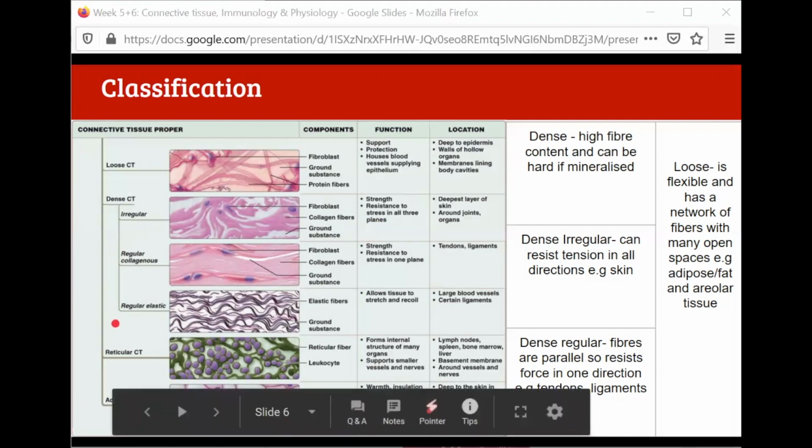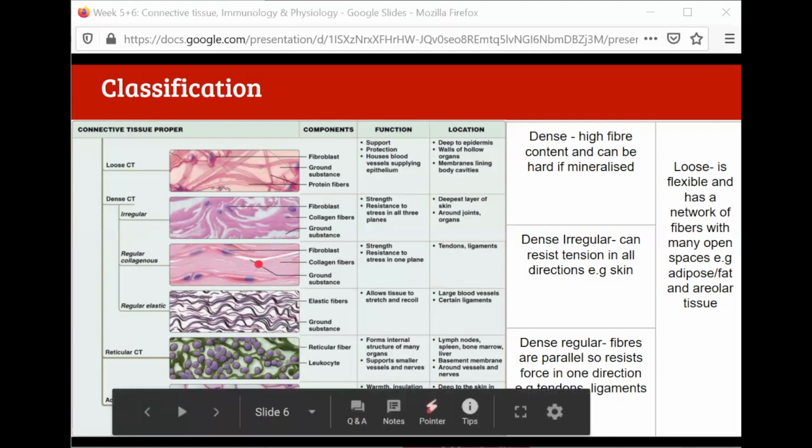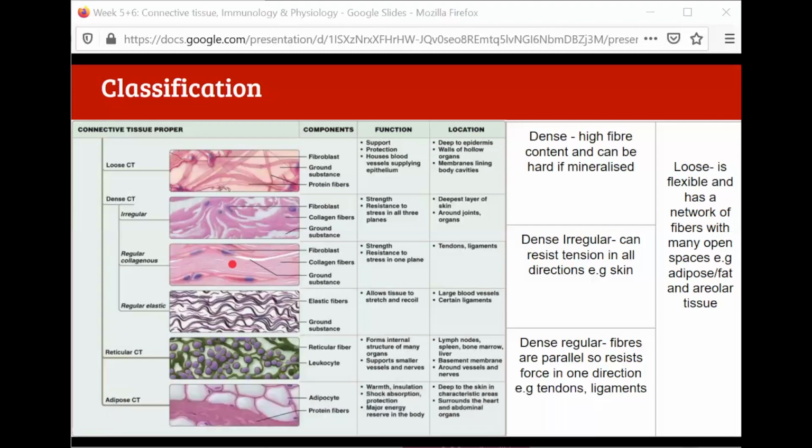These are the ones which have fibers aligned linearly, so they're all parallel and resist force in one direction. So whether it's collagenous or elastic makes a small difference in terms of elastic ones being able to stretch and recoil, like a large blood vessel, versus the collagenous ones, really common in tendons and ligaments, strong in one direction. Okay? If you want to have a look through the rest of this photo, you've got the reticular and